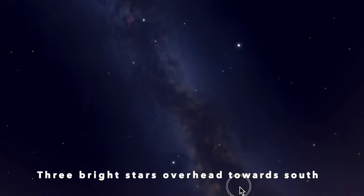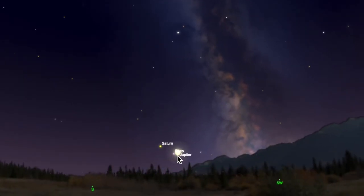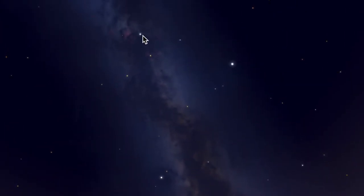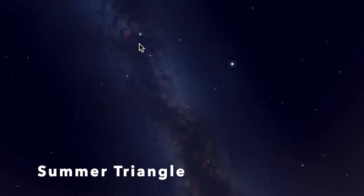Now let me just go back to give you a bit of perspective. So if we can sight Jupiter and Saturn, and then we lift our heads up, there should be three very clear stars that you see amidst some of the other smaller and brighter stars. Now, this is an asterism known as the Summer Triangle, and I just want to talk briefly about some of